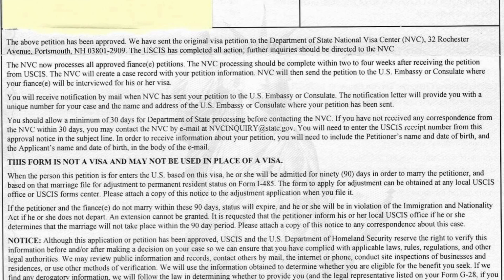So if you have not received any correspondence from NVC within 30 days, you may need to contact the NVC by email at nvcinquiry@state.gov, and you will need to enter the USCIS receipt number from the approval notice in the subject line. And in order to receive information about your petition, you will need to include the petitioner's name and date of birth and the applicant's name and date of birth in the body of the email. All right, so you should